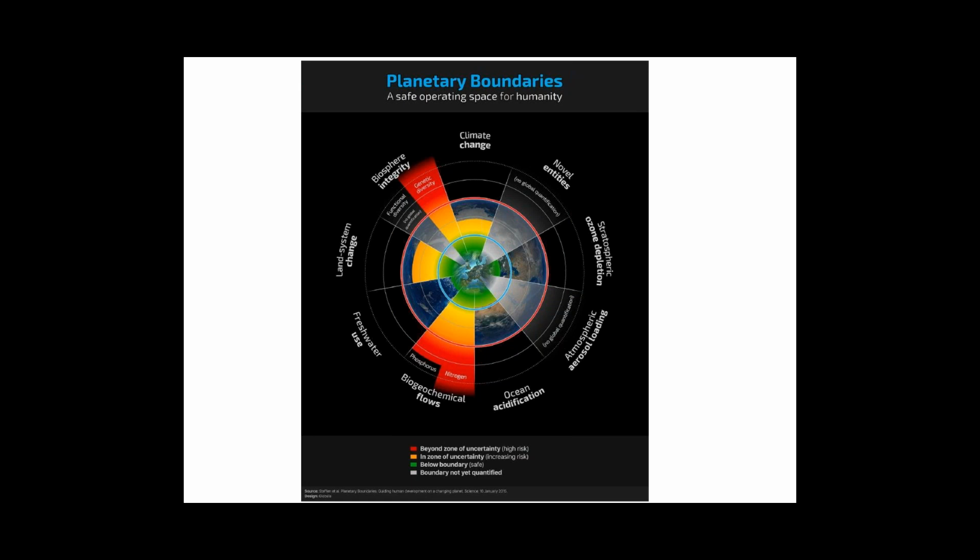So those are the major changes, adding a zone of uncertainty and changing the names of some of those categories, but the results look pretty similar. It's the same categories where they see the problems, although before climate change was in the red zone, now they've quantified climate change as being in the yellow zone, not quite in the red zone. And if you're interested in reading the updated data, we can send you the links for this.